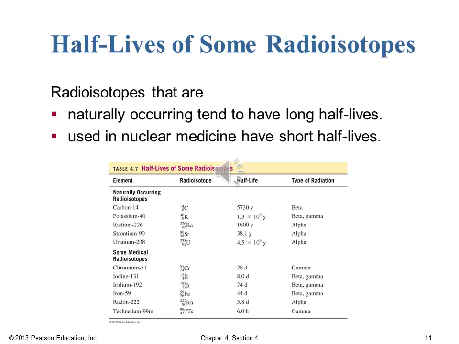of years, whereas the ones used in nuclear medicine tend to have very short half-lives, as we see with chromium-51 or iodine-131. These are typically used for a specific purpose. If it's to treat cancer, like phosphorus-32, then it's a very short-lived half-life. You want to dose those cancer cells quickly with the radioactivity, but not have it linger so that it affects